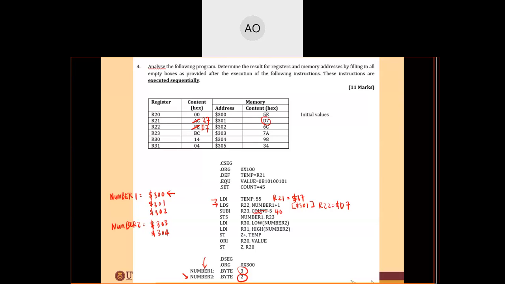Okay, so SUBI R23. What is your R23? BC minus 40, but bear in mind this is decimal, so you need to convert to hexadecimal. So 40 tukar dalam hexadecimal, you get berapa? Okay, so 28. So BC minus 28, and then your R23 sekarang ni will have,